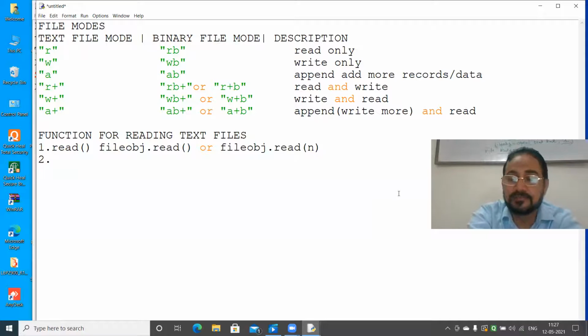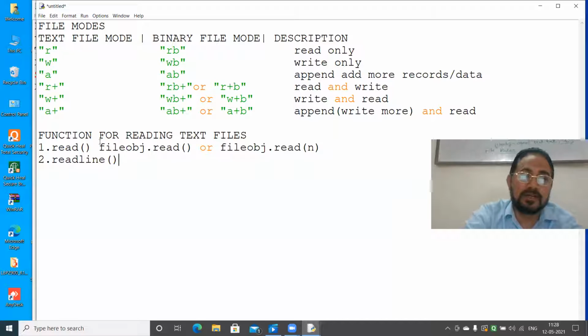Second is readline. Once you are using the readline function, you know the meaning, the syntax is the same. File obj.